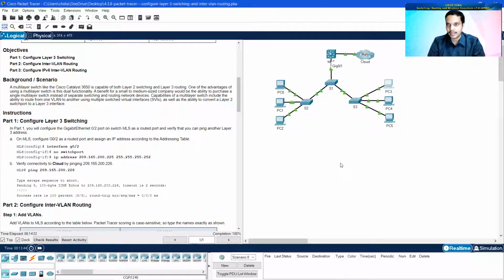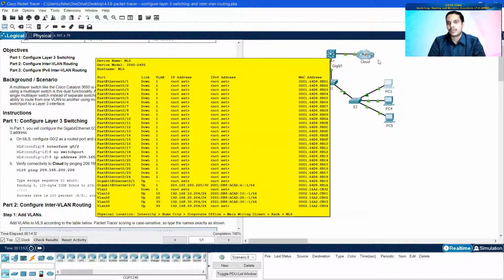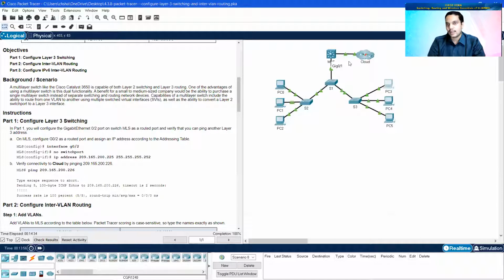You need to create SVIs. One SVI for each and every VLAN that you create, and every SVI will have a unique IP address. And if you want to connect this MLS with an outside network, the port that connects to the outside network should be given as a routed port. For that, you simply type in no switchport and assign an IP address to it. You can do the IPv6 addressing also. This is a similar thing between IPv4 and IPv6. Not much big difference here with the command structure.